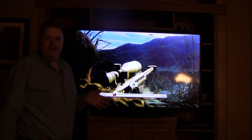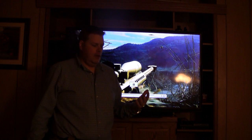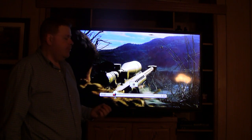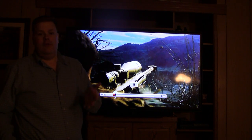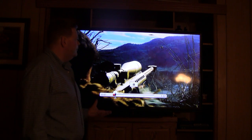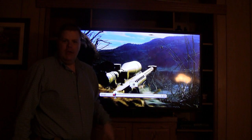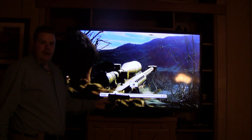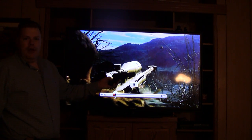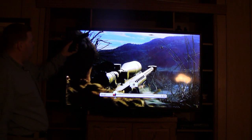Let me give you a size comparison on video. It's not going to do this TV justice compared to what it would be in person, as far as the picture and quality and different things like that, because you're watching on your computer from my camera. Just to give you an idea, because sometimes it's hard to tell how big something is when you're watching in a video, I've got a Glock 17, and I'm going to hold it up in some different spaces here. All you gun guys know what the Glock 17 is, and I'm sure you even own them. So I'm going to hold this gun,